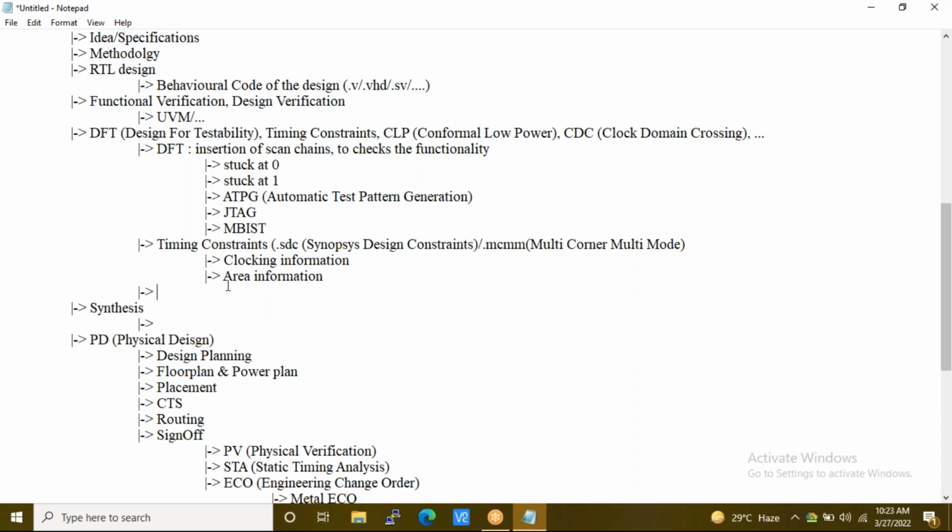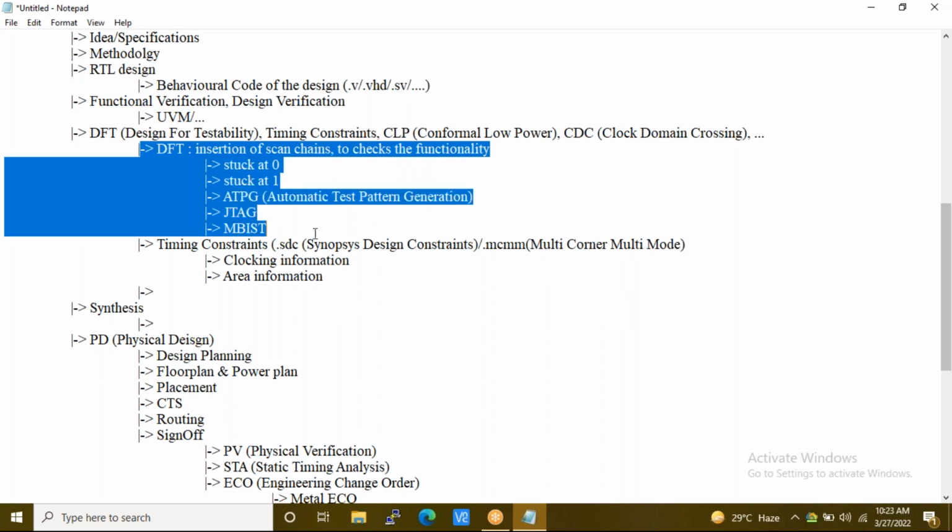The reason why I have written parallel here is the RTL. Based on this particular RTL design, they will first try to perform DFT, timing constraints, power consumption techniques, and clock domain crossings. All this they will try to check, and based on that they will try to implement. If there is any advancement needed in that particular RTL code, they will try to update that as well.